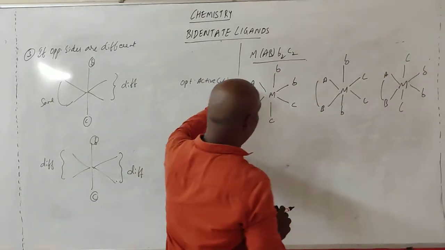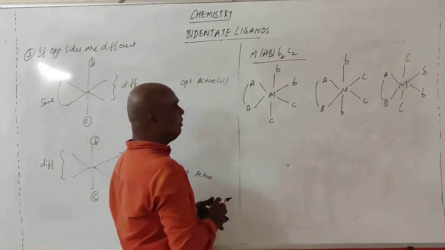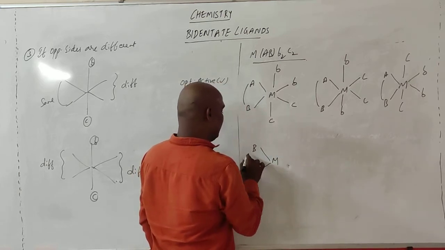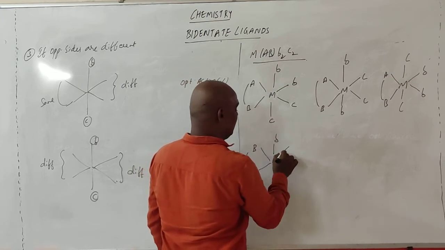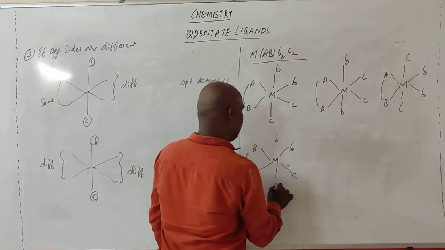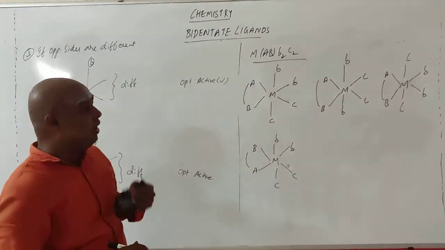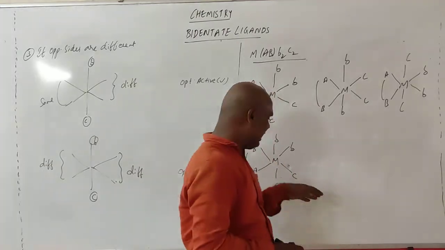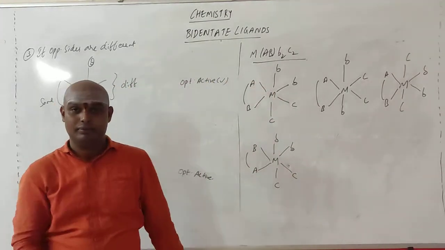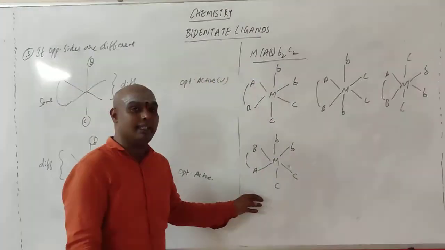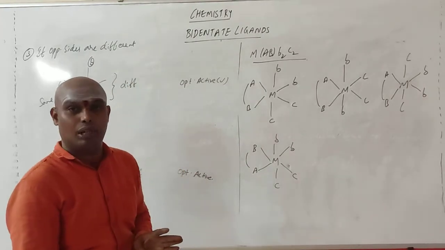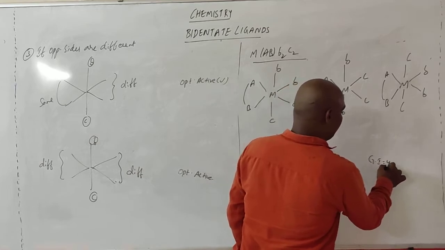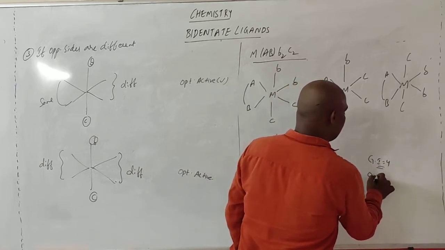So now flip one thing, you flip any one. So what happens? M, this is B, this is B, and take the same molecule B, C, C. So how many geometrical isomers are possible? Geometrical is 1, 2, 3, 4. See, other than this you can't now. Once you try, other than this, you can't draw the molecules. So geometrical isomers, how many are there? 4. Go for the optical isomers.